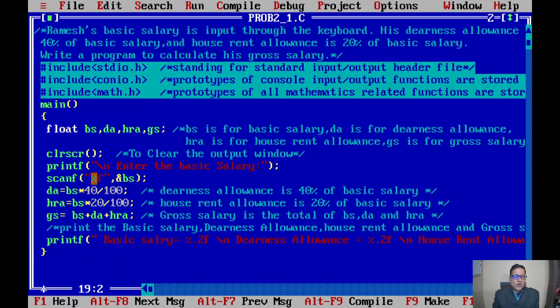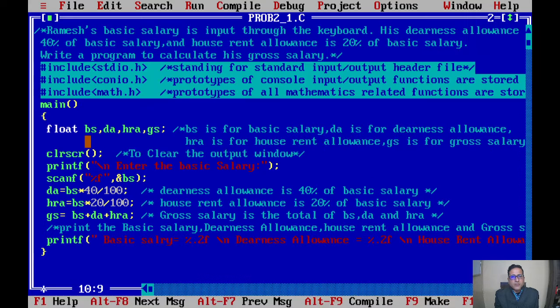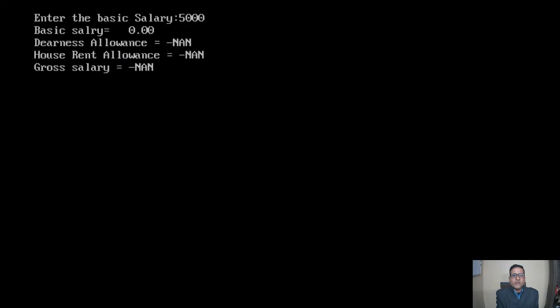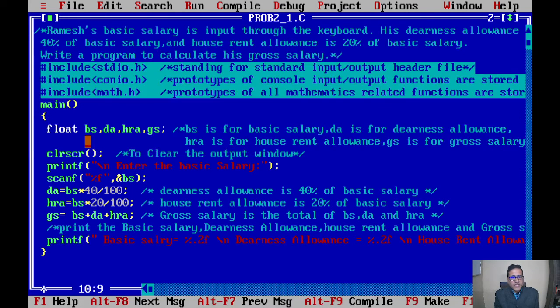So let's now try to compile it. We will press Control plus F9. So it asks to enter the basic salary. I am writing 5,000 and press Enter. Now to check the output, we will press Alt F5. So we can see that